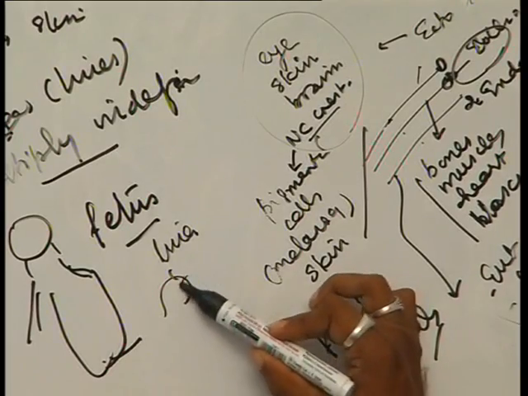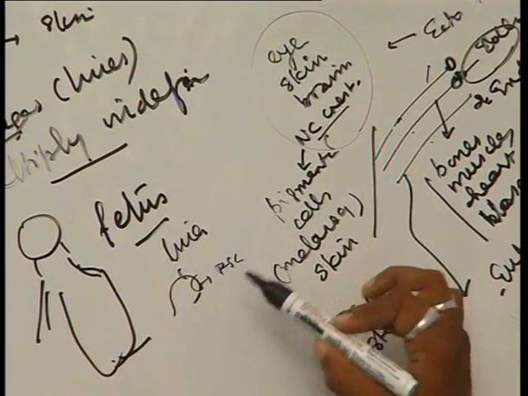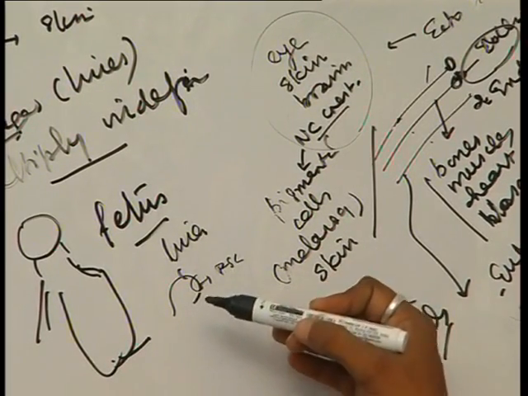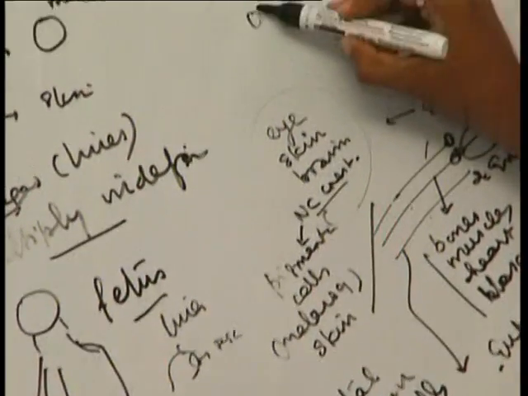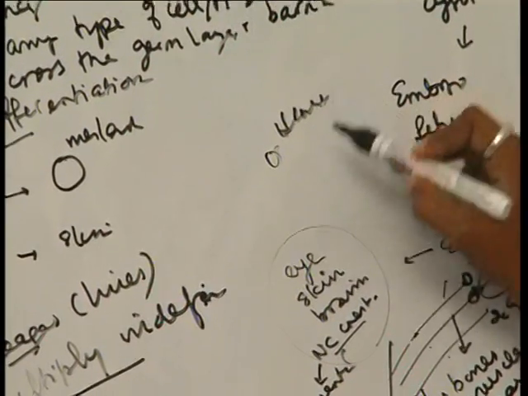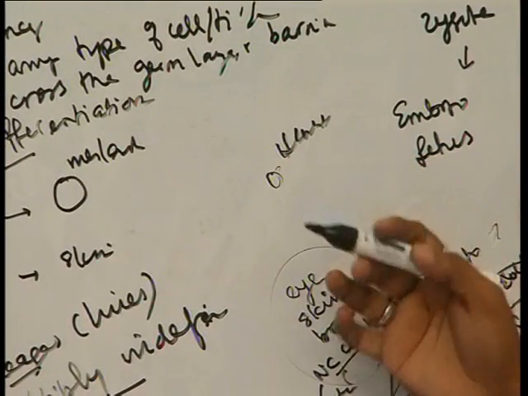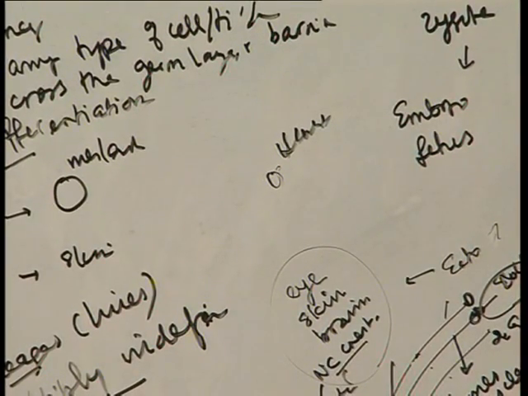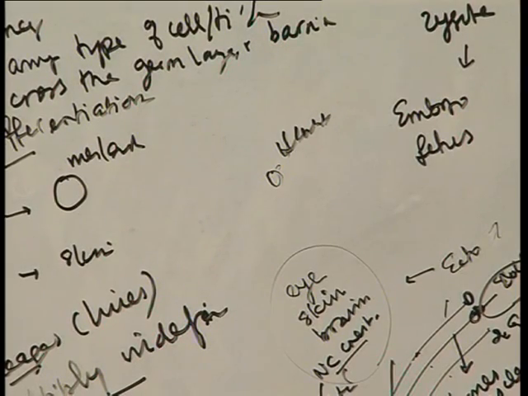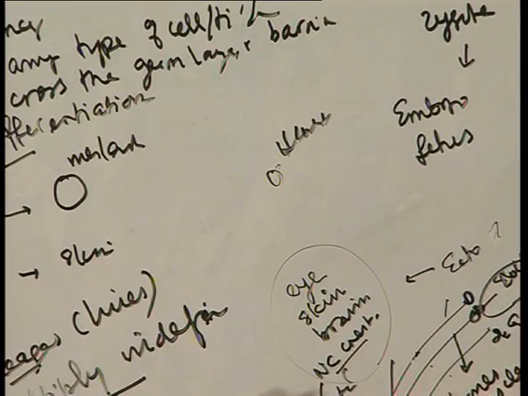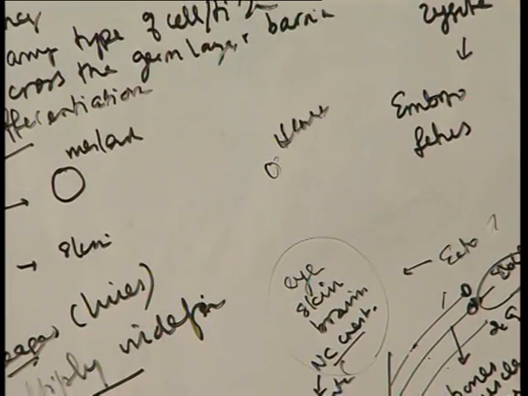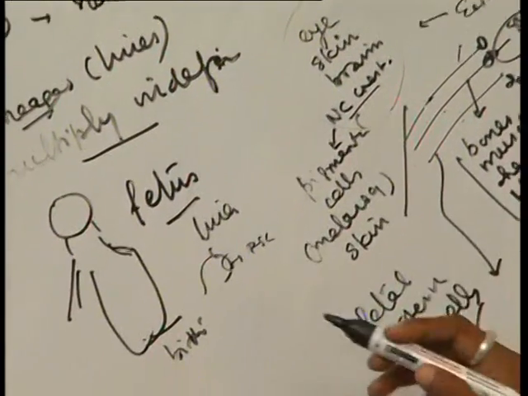You take it as small cells. This is a fetal stem cell which is able to form the whole liver. So you can take it out. You take, for example, a rudimentary organ of the heart, the rudimentary tissues of the heart. You can take it out and culture it in the dish. It can form the heart tissue. So these are fetal stem cells. Once a child is born, then what happens?